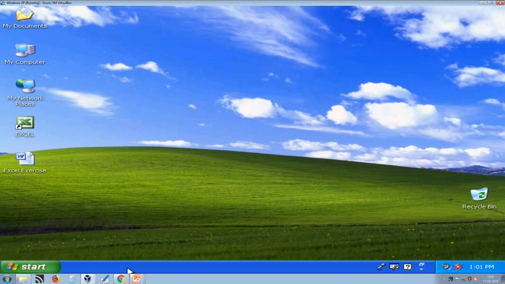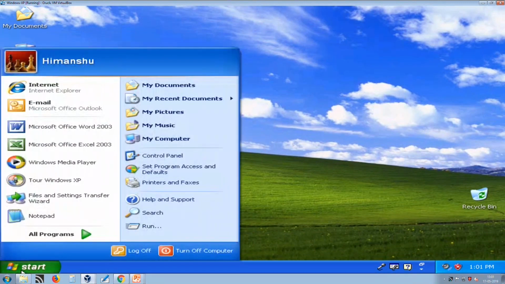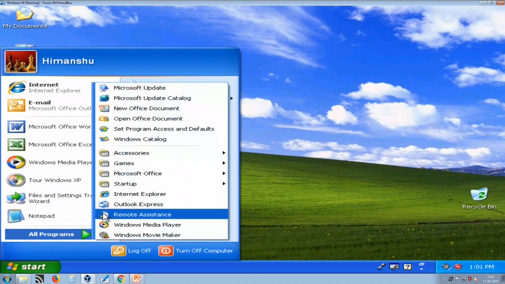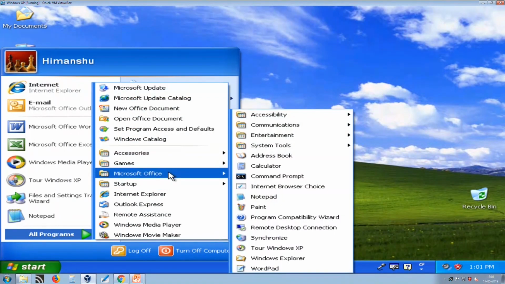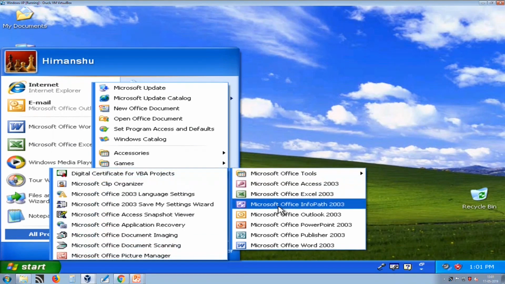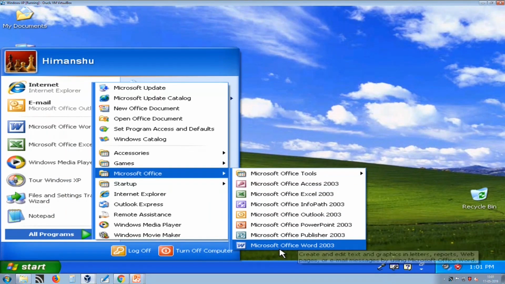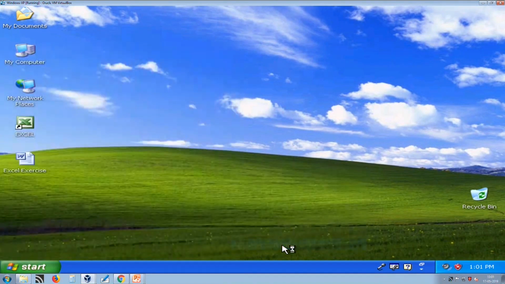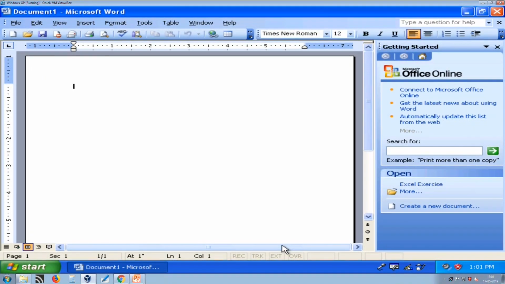So, let us start. So, here on screen you can see this is our Windows. We have learned how to start Word. Just go to Start menu, then Program and then Microsoft Office, and you have to select Microsoft Word. This will open or create a new document in our Microsoft Word.